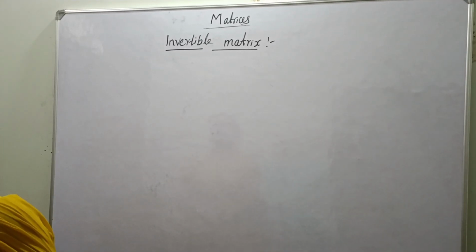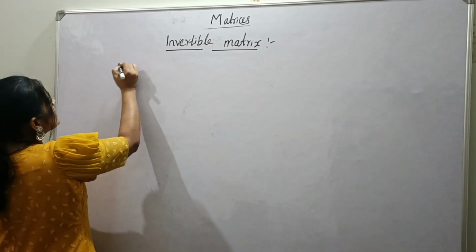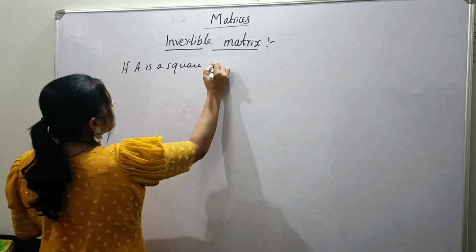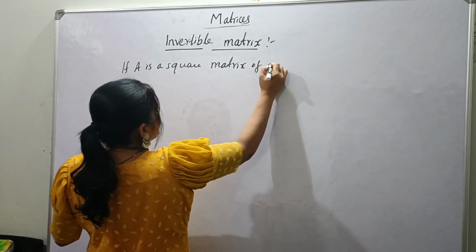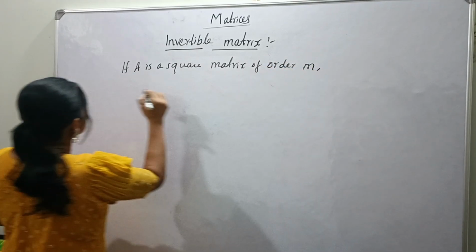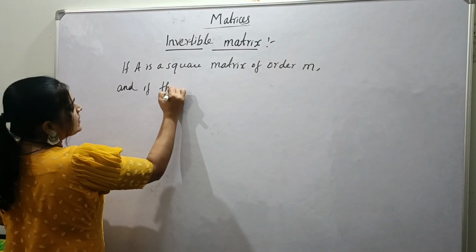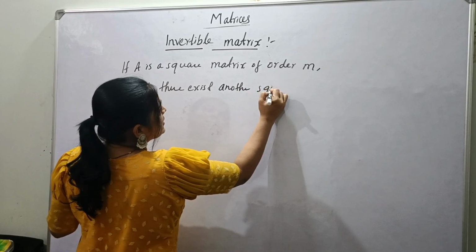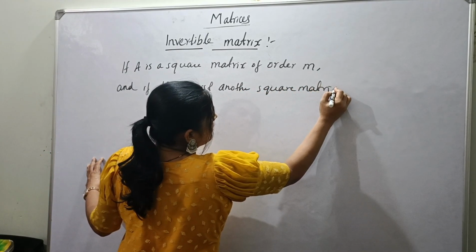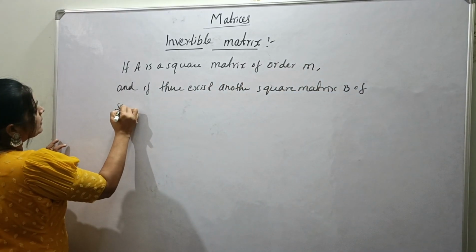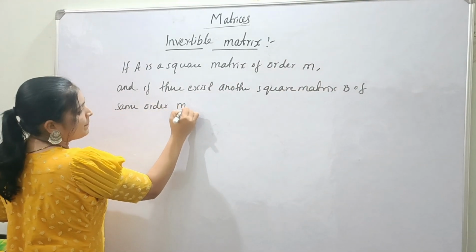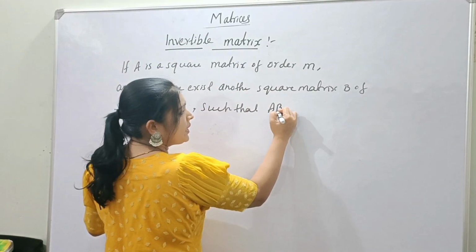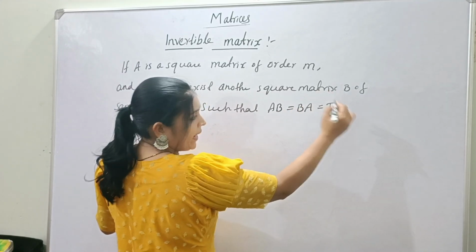Now we are going through invertible matrix. Let us see what is an invertible matrix. If A is a square matrix of order m, and if there exists another square matrix B of the same order m such that A into B is equal to B into A is equal to I, then